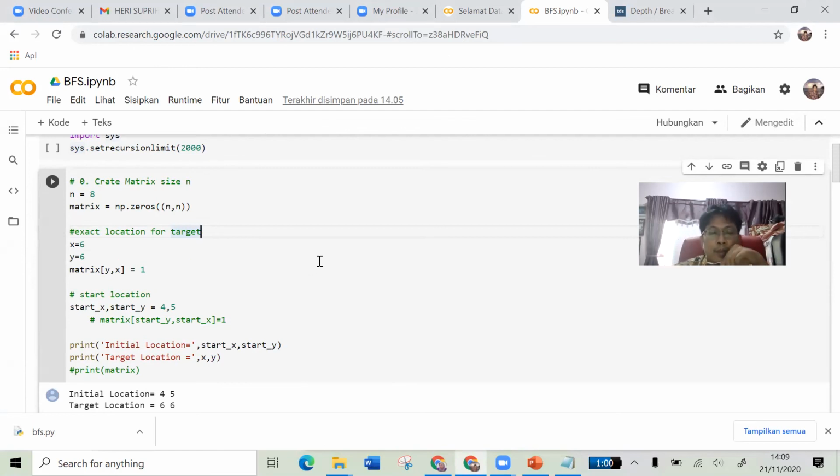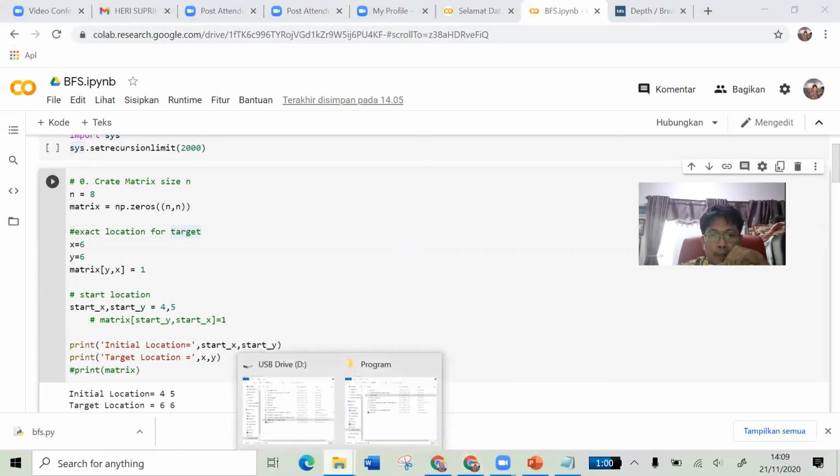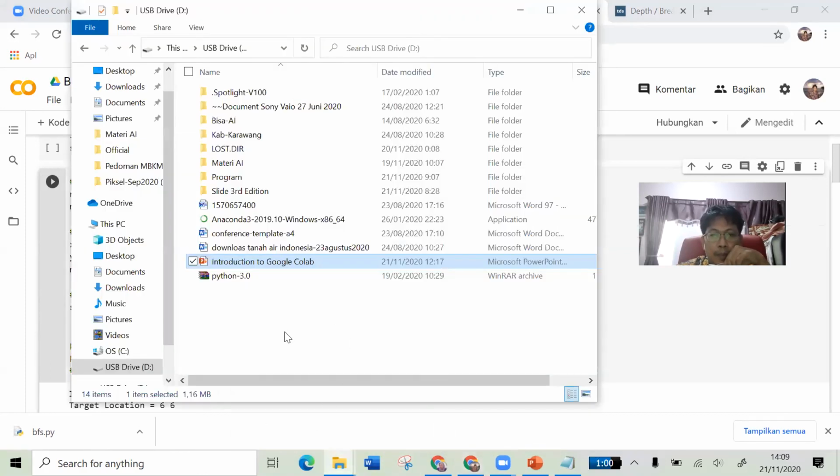And next, we implement Google Colab to the AI module. For example, I have shared with you